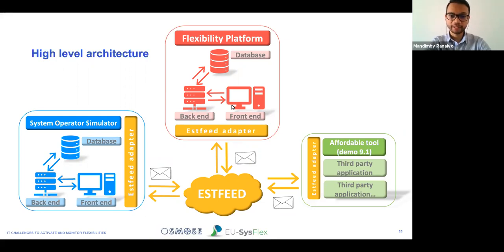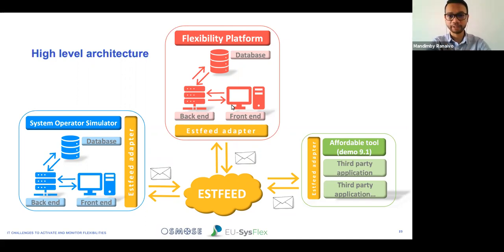And as you can see, in the middle of all of those systems, you have STFeed. STFeed here plays the role of the data exchange platform. It is a data exchange platform that is operated by ELES and with some technology from Cybernetica from Estonia. And it is responsible, as you can see, to support the data exchange between all the systems, and to ensure interoperability, but also scalability in form of